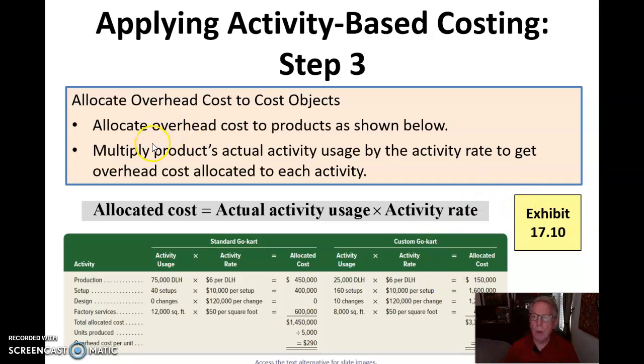Okay, for step 3, then we'll allocate the cost of the cost objects. Here we have our standard go-kart, and we have 75,000 direct labor hours. We've calculated that $6 per direct labor hour, and we calculate the allocated costs. We do that for each of those activities. And we come up with $1.45 million of allocated cost for the standard go-kart. We divide that through by the total units produced, which was 5,000, you'll remember, and that comes out $290 of